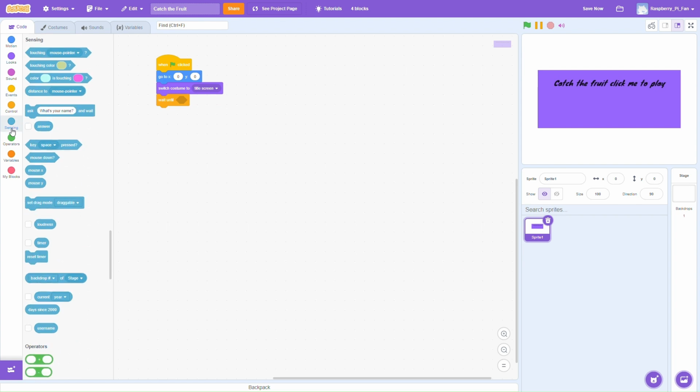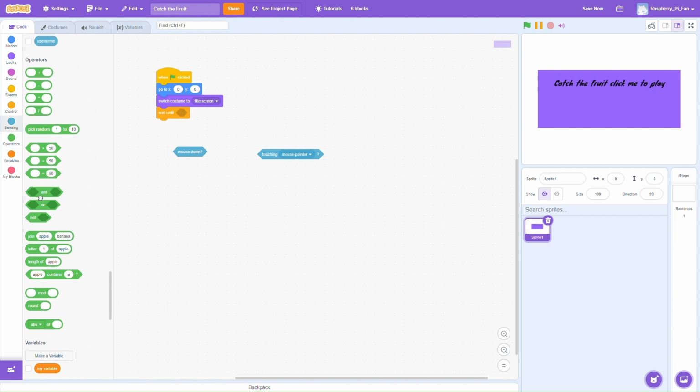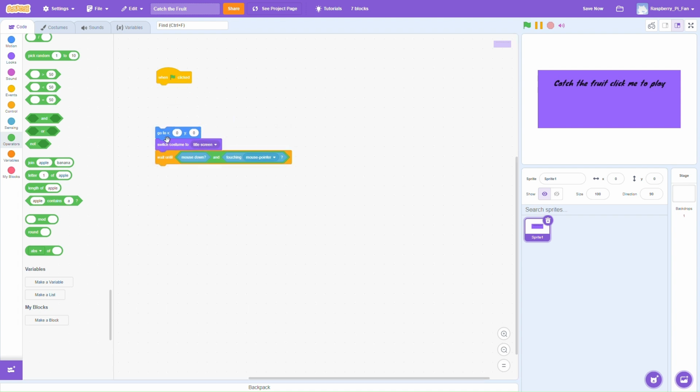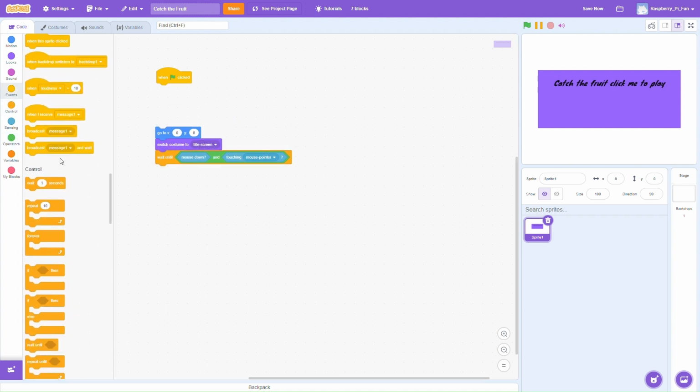you want to wait until mouse down. You could also do the one swipe click block, but this is easier, and this right here does the same exact thing. You don't need this for right now. And now I actually recommend making it a broadcast so it's easier